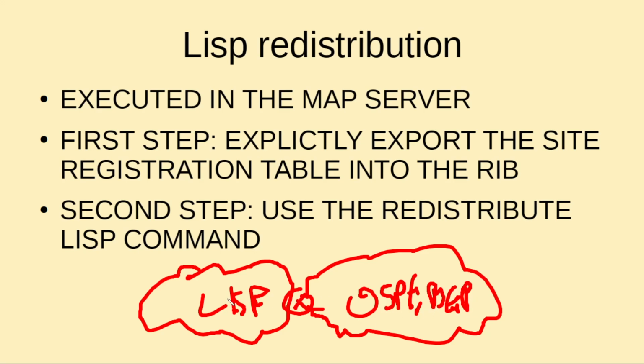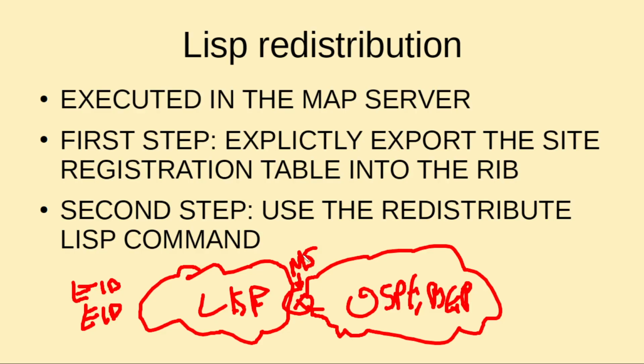It is not as easy as usual, because remember that the EIDs that live within LISP are actually stored in the mapping table, also known as the site registration table, within the map server. So we will need to place the map server between LISP and the external traditional IP routing protocol in order to perform this